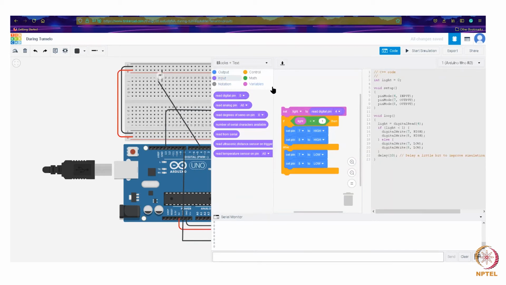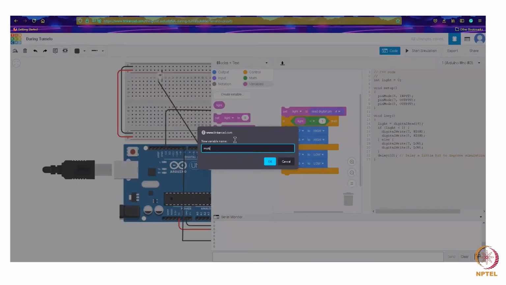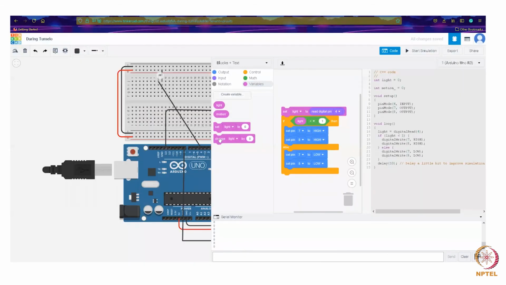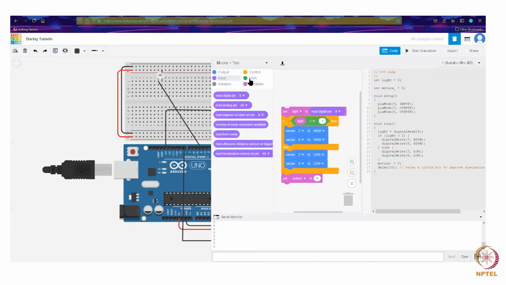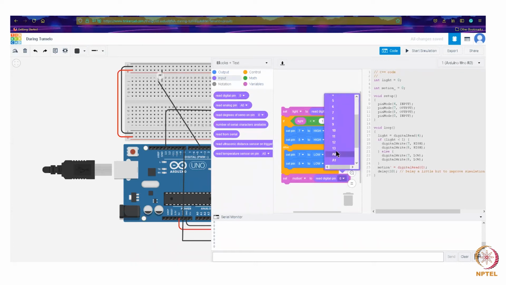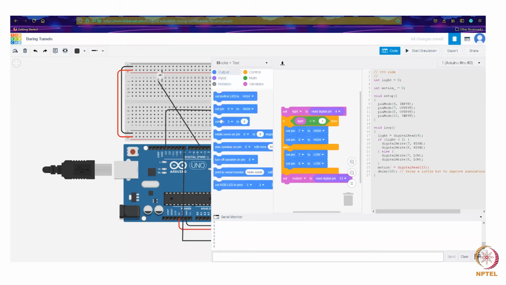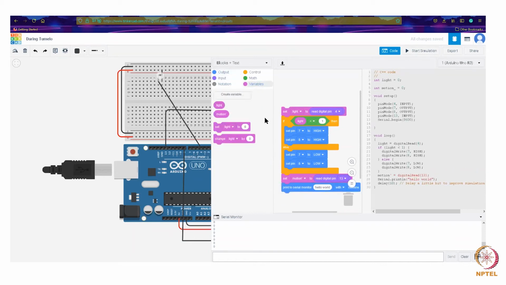So read from the digital pin. Again, we need another variable for this one. So we'll set this as motion. So motion to input, read the digital pin 13, and we'll just print this motion.